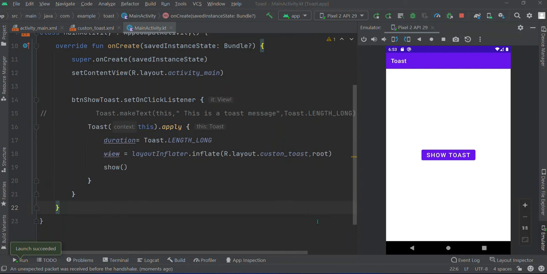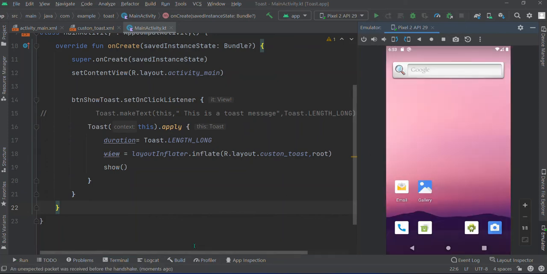Another type of toast is a custom toast. For example, if you want to design the message differently, and if you want to add some image or color background or some emoji, for example like this one, you see, it is the same toast message, but there is a custom design added. So to understand these two types of toasts and how to implement them in Android, let's create